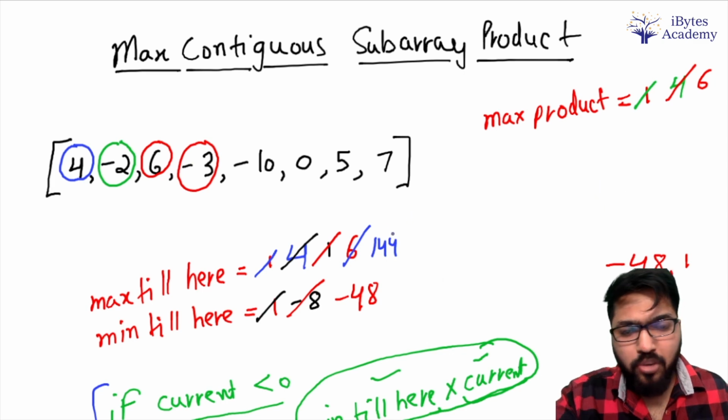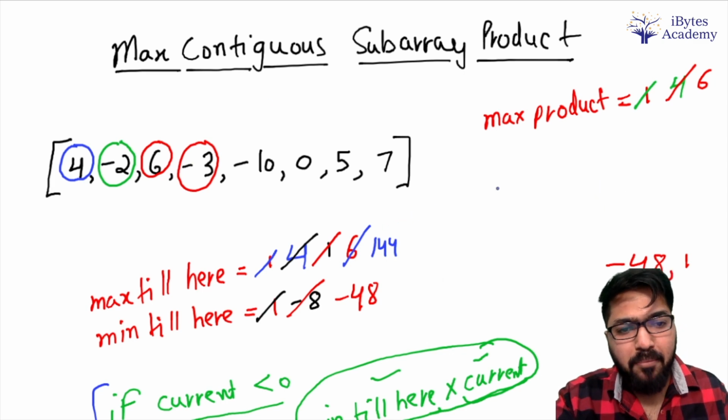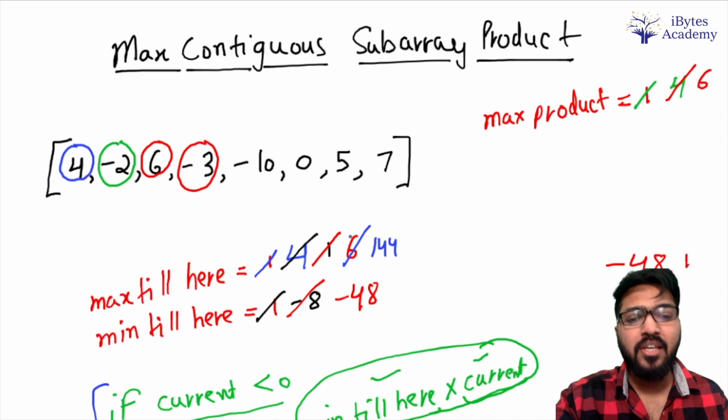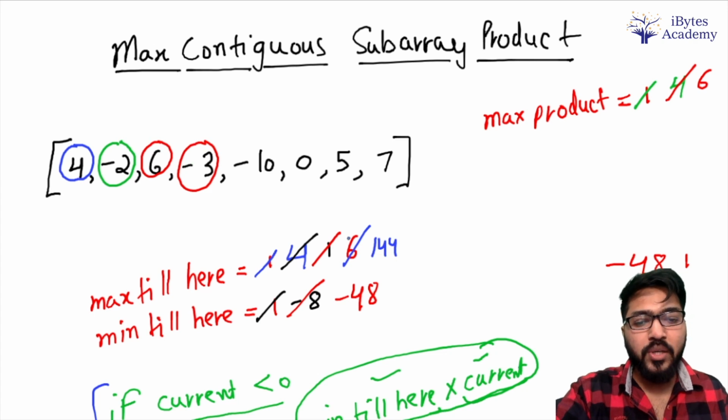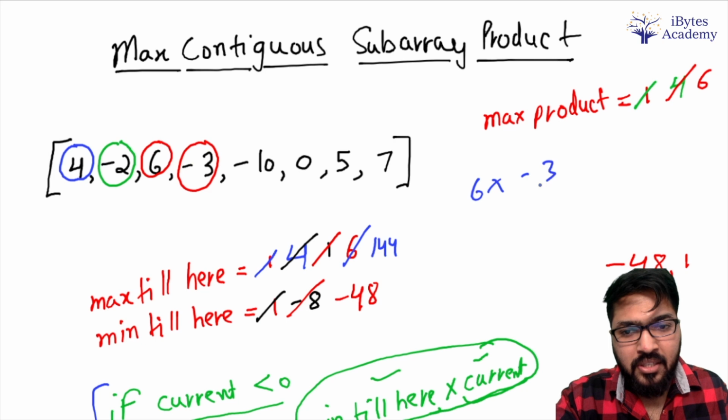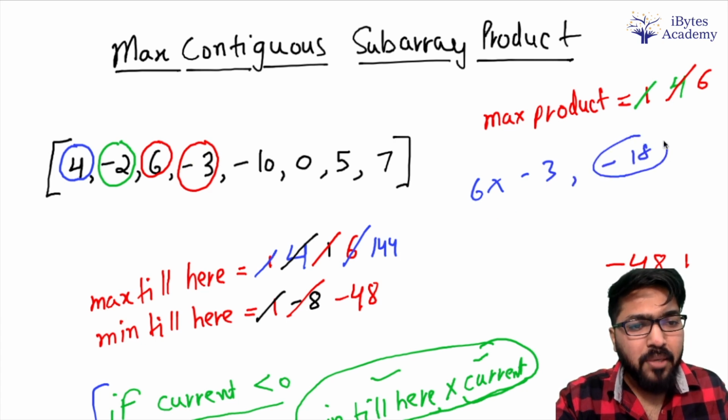Okay. So for min till here, obviously we have to multiply max till here into the current number, and just notice that max till here was 6. Just before we updated it, it was 6. So obviously while coding we have to make sure that we save it in a temporary variable, so that before we change it, we save it into a temporary variable so that we can use that. Okay, so 6 into -3, that is -18. Okay, and we have to take its minimum with 1.